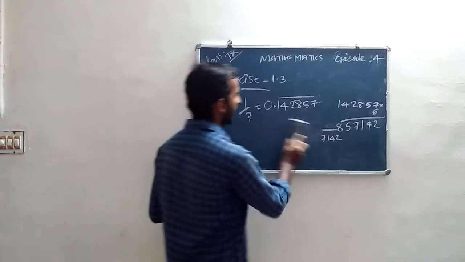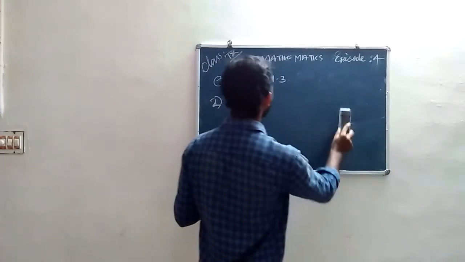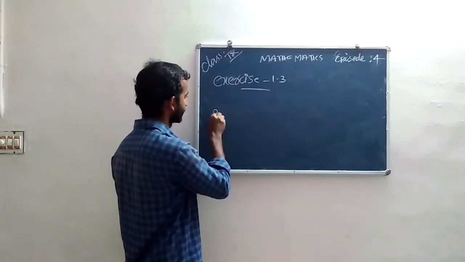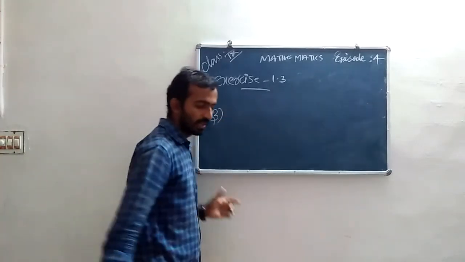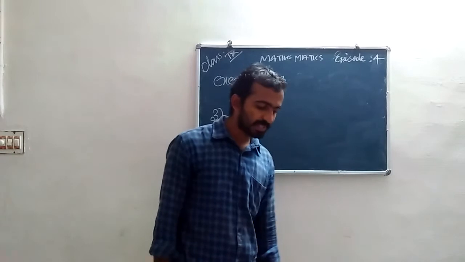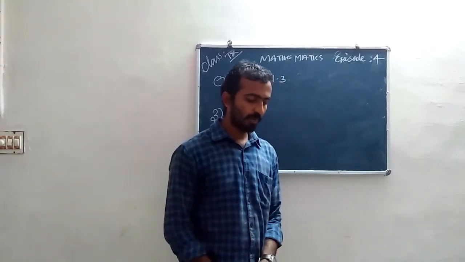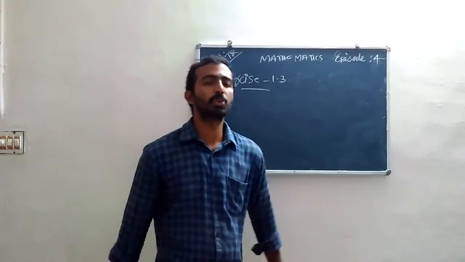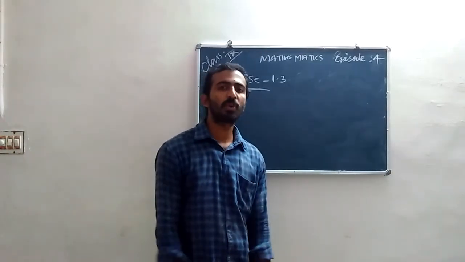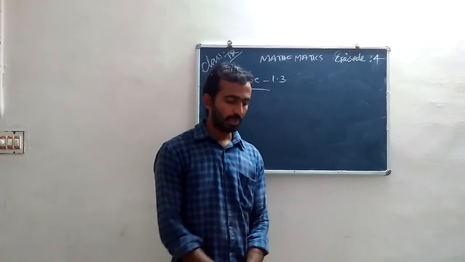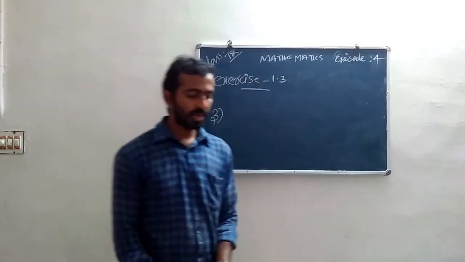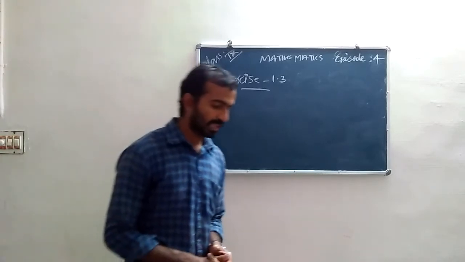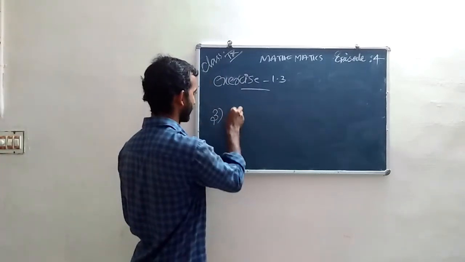And the next question is question 3. What is the question? Express the following in the form P by Q, where P and Q are integers and Q not equal to 0. The first one is